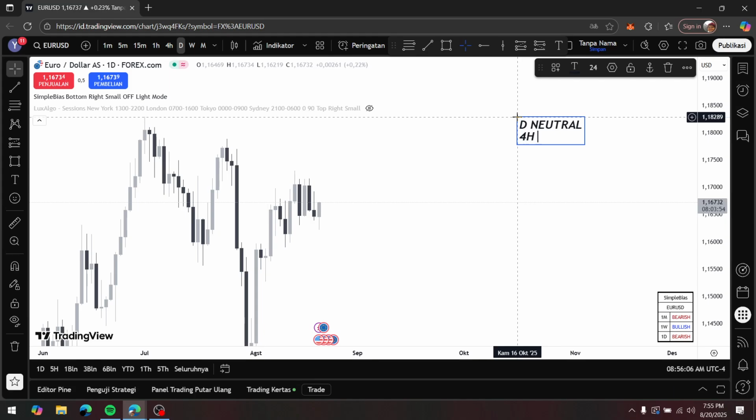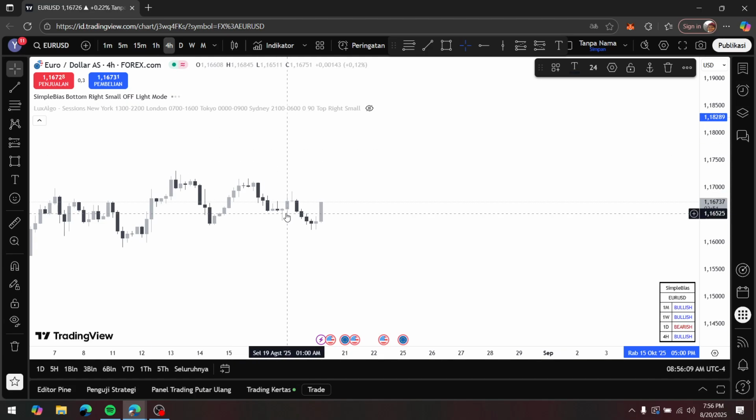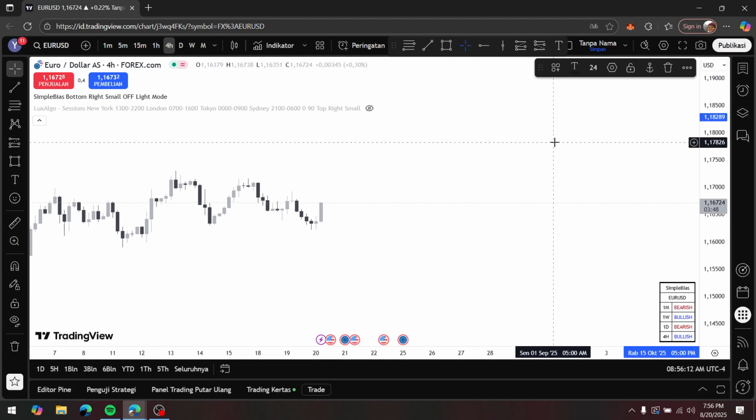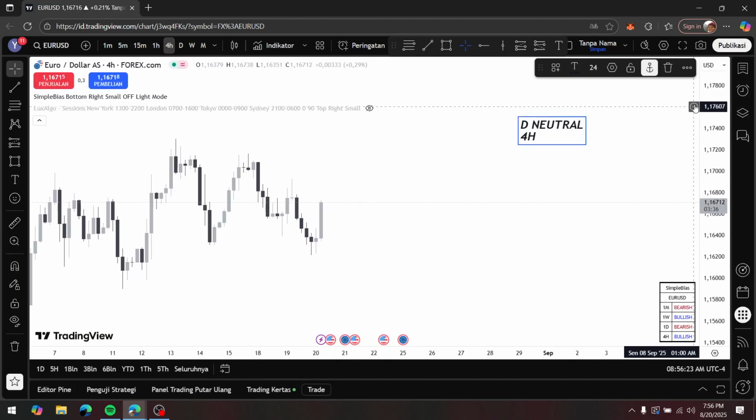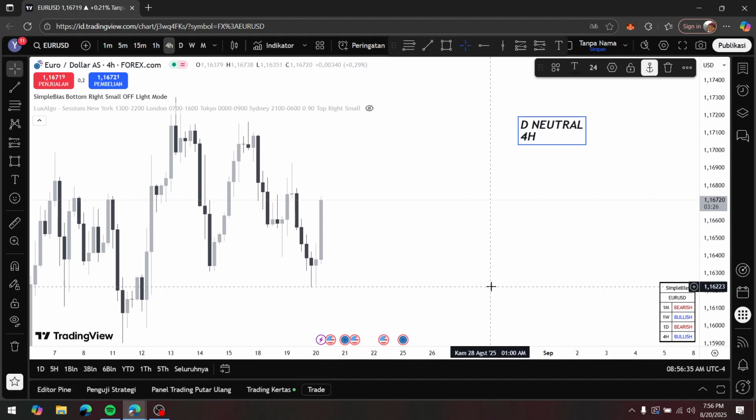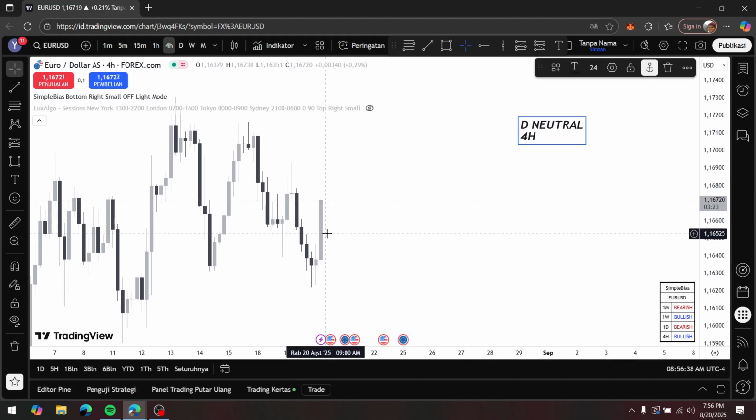And for the 4 hour, it must be anchor. For the 4 hour, we must find our daily bias. We must find a fair value gap to determine our daily bias. So you must check the recent fair value gap that respected or at the same prices right now, like this.